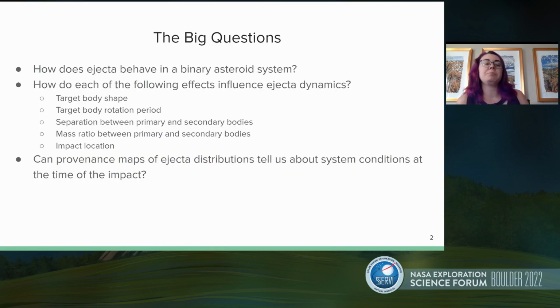So we have three main questions here. The first one is very general: how does ejecta behave in a binary asteroid system? The second question is, how do the following effects influence ejecta dynamics? So looking at the target body shape, target body rotation period, separation between the two bodies in a binary system, the mass ratio, and also the impact location. And finally, can provenance maps of ejecta distributions tell us something about the system conditions at the time of the